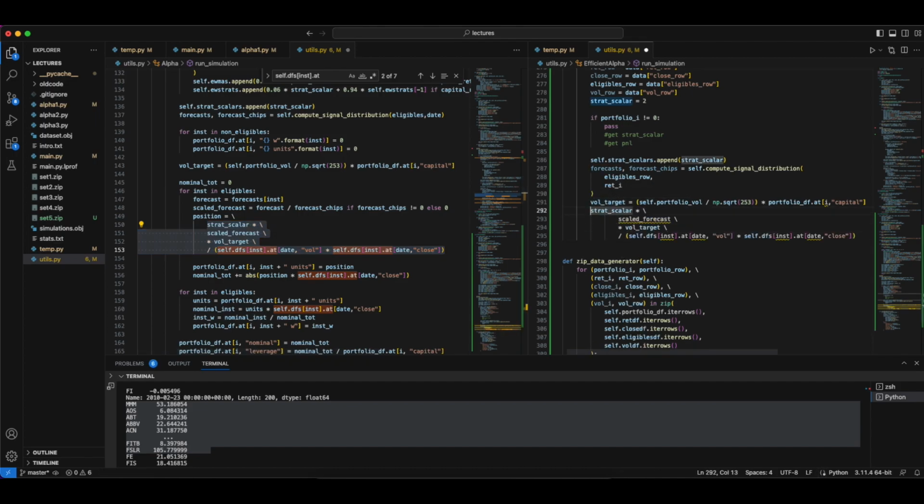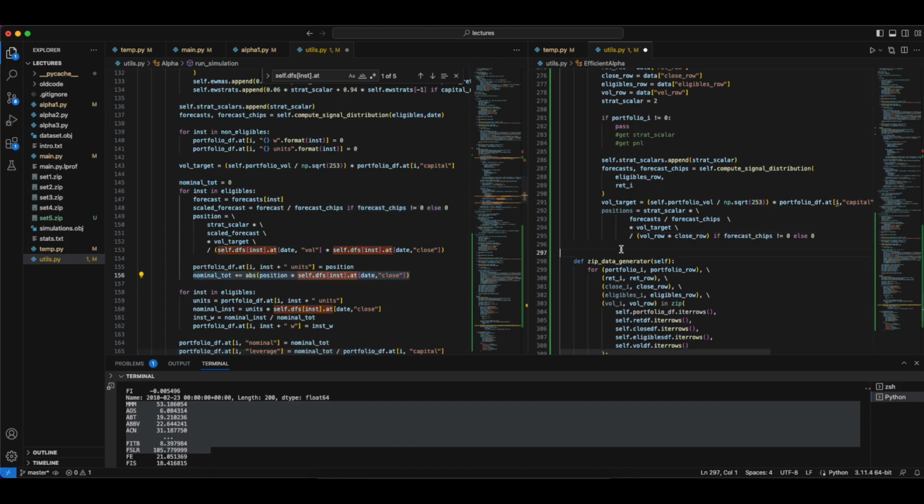So let's just take this thing and put it over here. Okay. So we'll do positions. Go to stress scalar, and the scale forecast is just basically this. We can put this over here. And then we'll do forecasts, and then we have volatility row. Then we have close row, and then we'll put this conditional over here. And then I guess this one will just basically be over here in the positions,